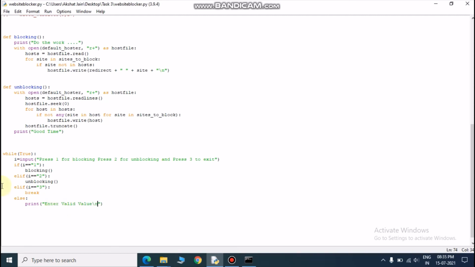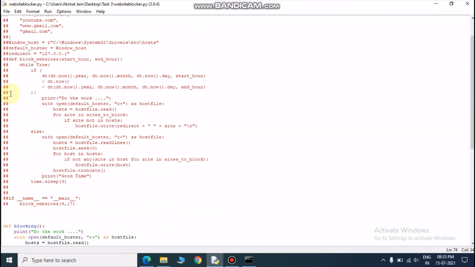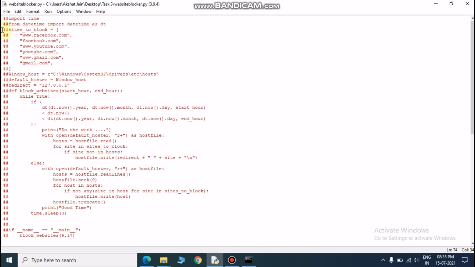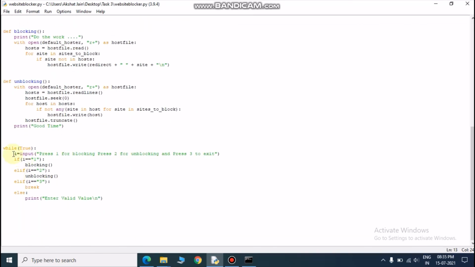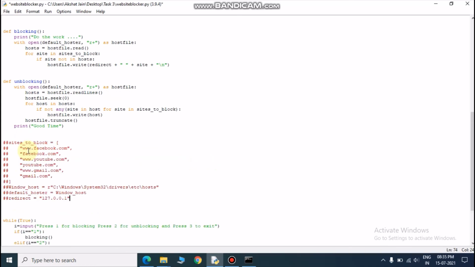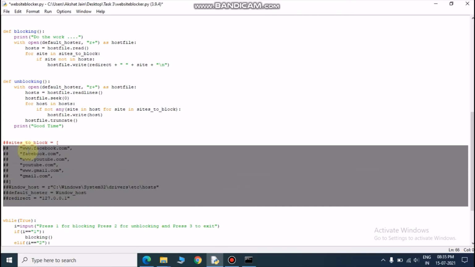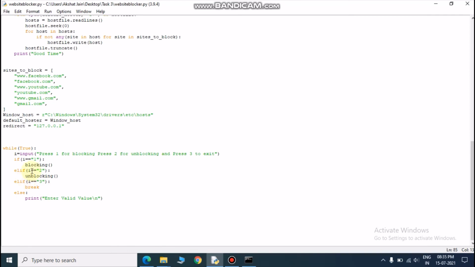Okay, so now half of our code is ready to run. Now we just need to copy paste these things, uncommenting all of them. Okay, so now we are ready to go.